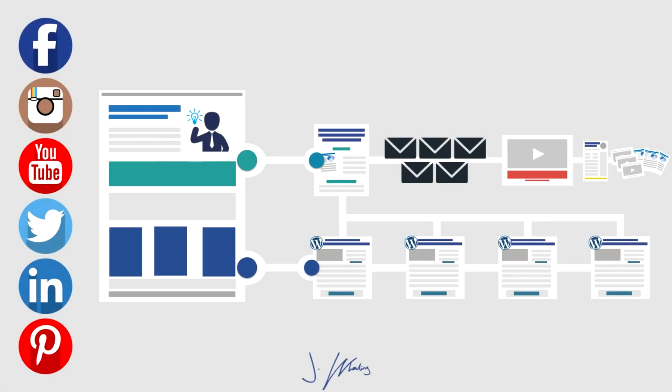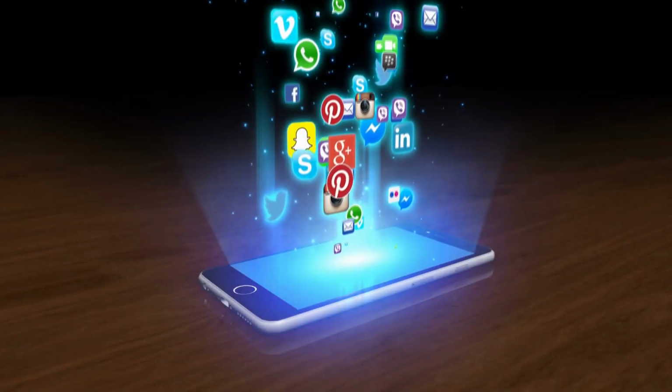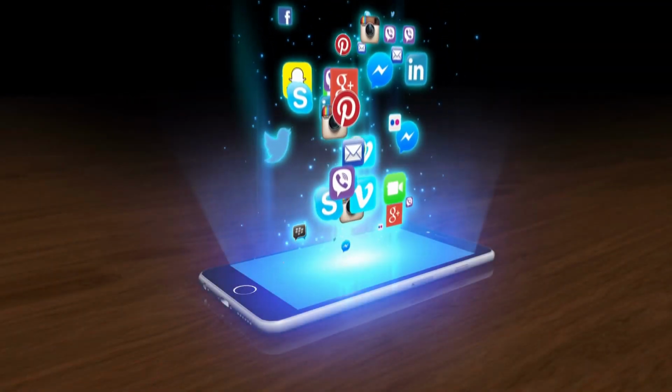What's very important here, and this is why this diagram is so key, is you'll notice that all of these social platforms come before your website, not after. So once someone's on your homepage, you want to direct them to other places on your site, not direct them back to Instagram, Facebook, or YouTube, or Pinterest, wherever they came from. All of those social platforms are designed to get people to your platform.